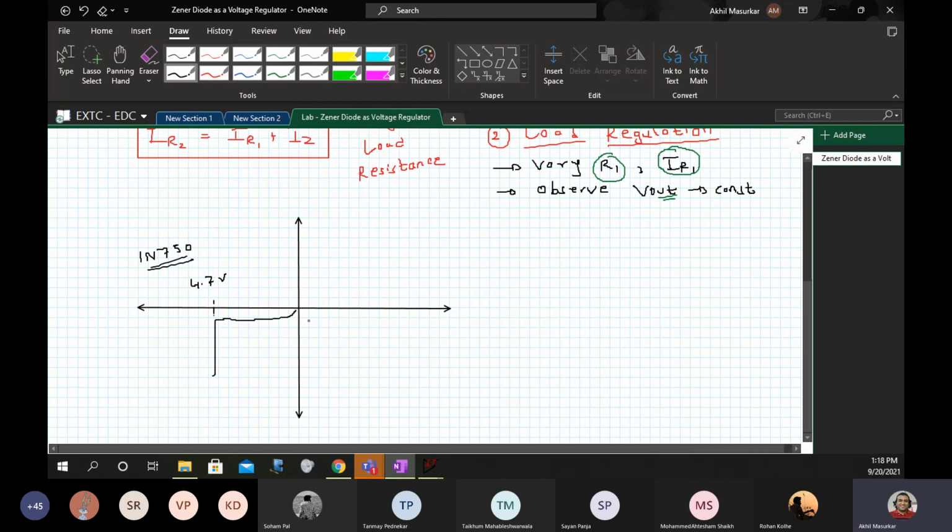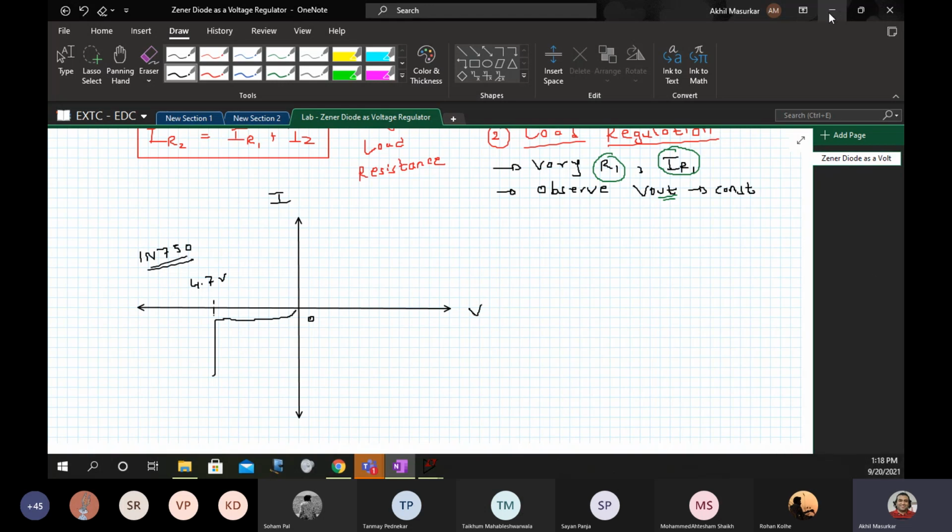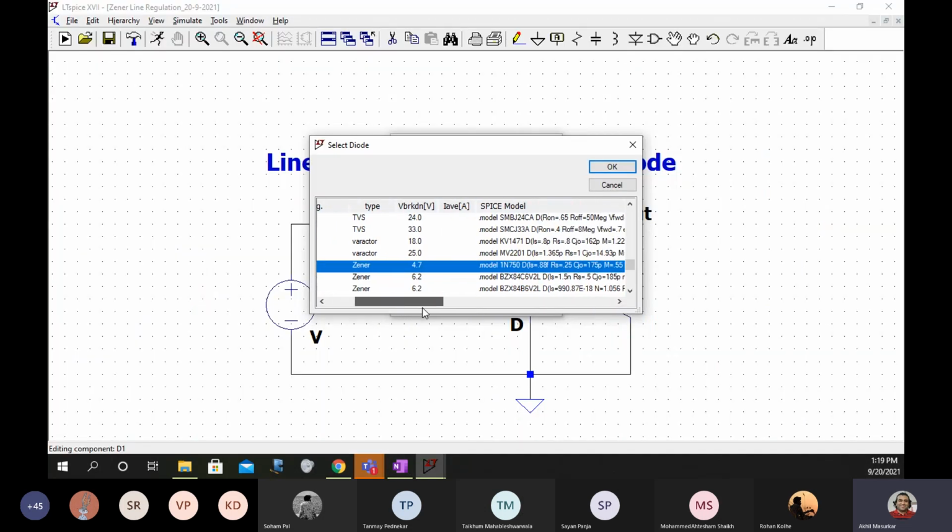That is given to us. This is current and this is voltage.